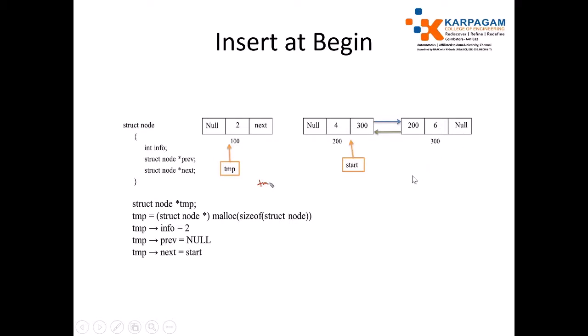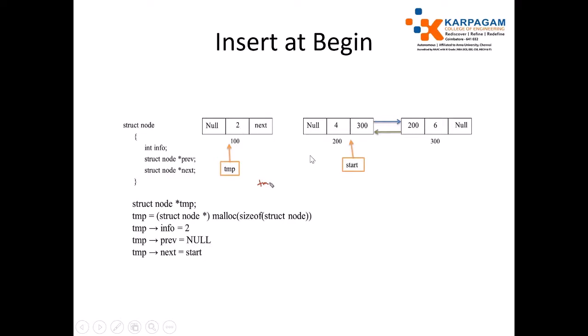If we wish to insert an element at the beginning position, we need to provide the link, that is, link the new node to the head node. For that purpose we need to set the new node's next to head. Okay, new node's next to head, and the head's previous is null. Now, after insertion the head's previous is 100. So we need to set the value 100 in the head's previous. For that purpose, we give temp previous equal to next start.